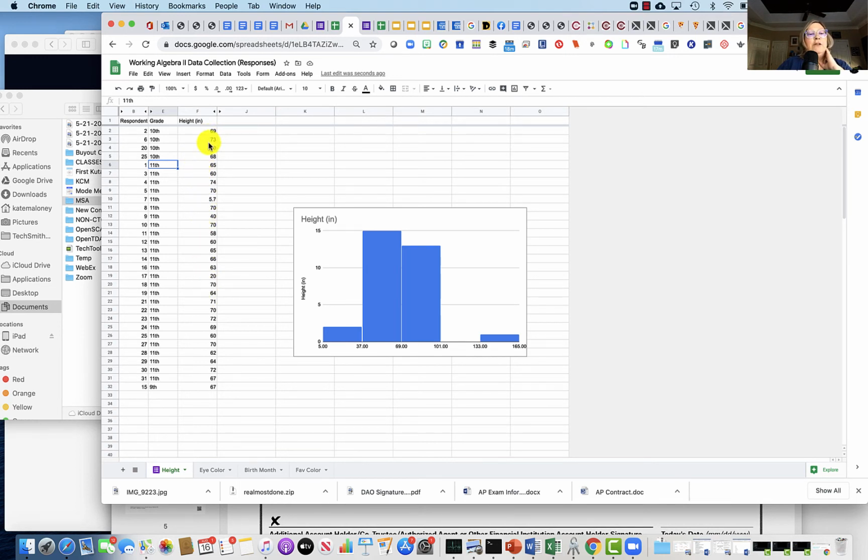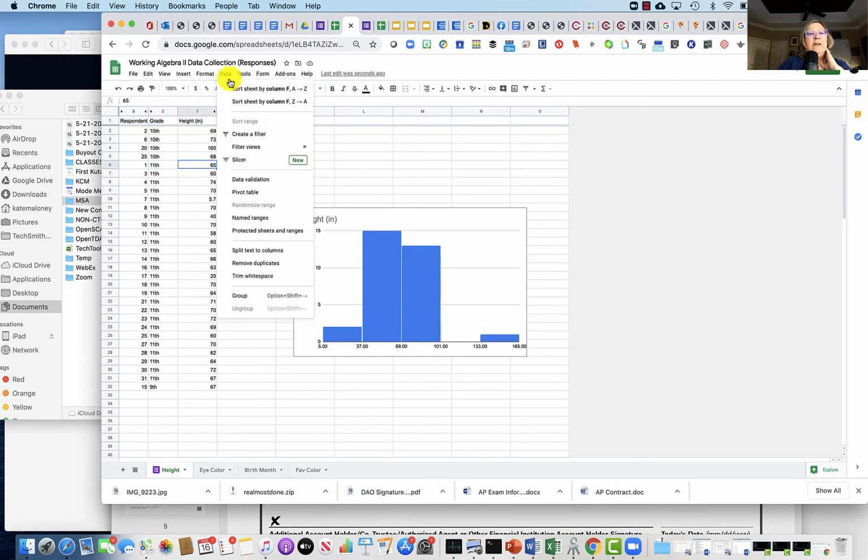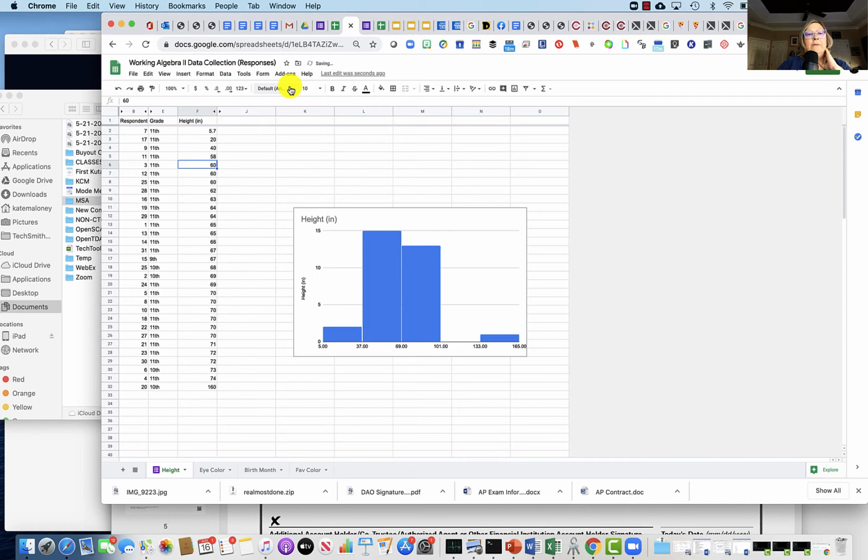I don't know if that's interesting or not. You can actually sort by 2 things also. But I really want to sort by height. So let's try that again. Data. I want to sort by column F. Shortest to tallest. All right, so